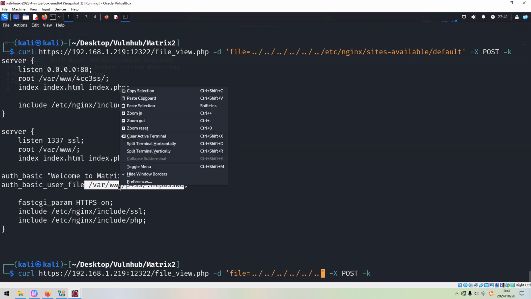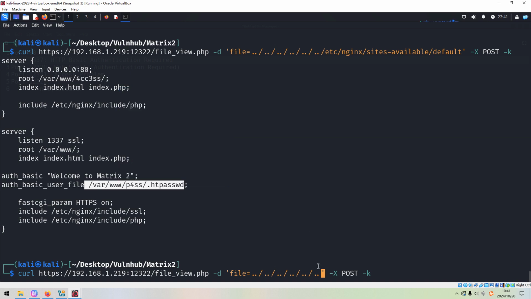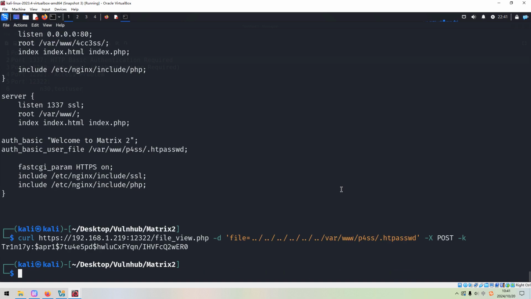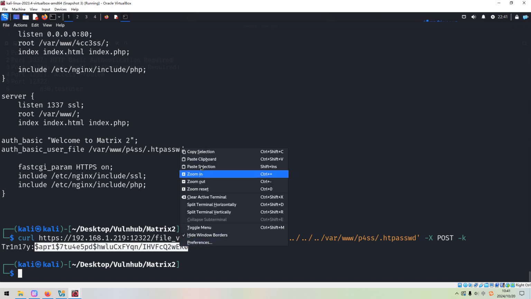We can copy from here and paste it in here. Maybe we need to remove the space between. As you can see, we got what I think should be the basic authentication credential for the web application. Although this password is encrypted, it's all right.